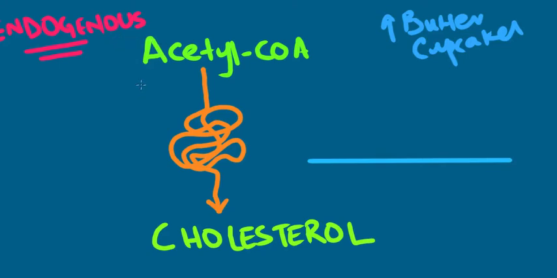So how does the body basically produce this cholesterol? So हमारे पास जो सबसे important चीज़ है वो ये है कि acetyl CoA जो है it goes through a lot of reactions, and the most important enzyme here is